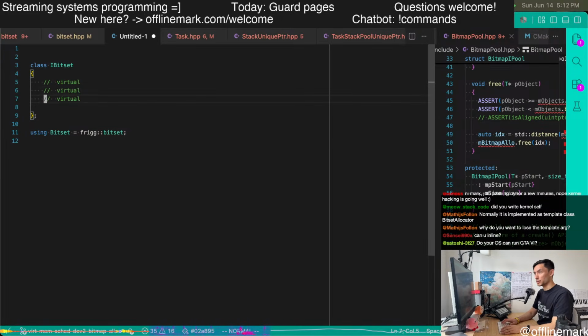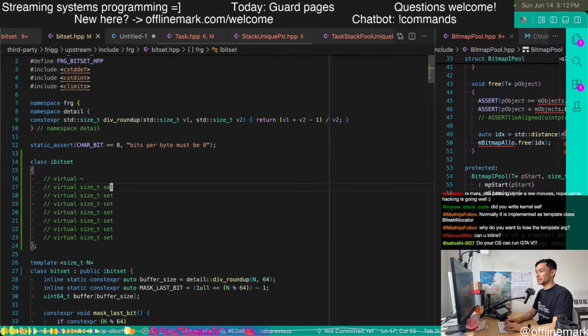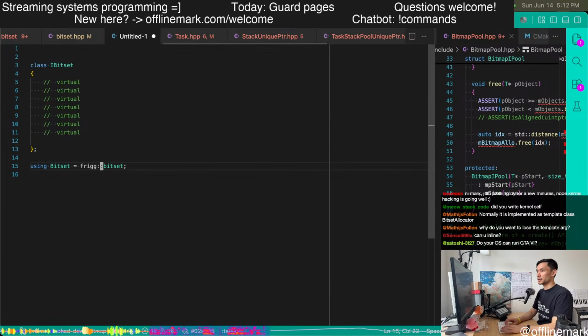Virtual, we would have all the virtual boilerplate of all the methods, but the fundamental problem is that the bit set type here needs to at some point inherit from the I bit set, and the easiest way to do this is to patch frig. An alternative is to have my own bit set wrapper that truly is seriously just a wrapper.